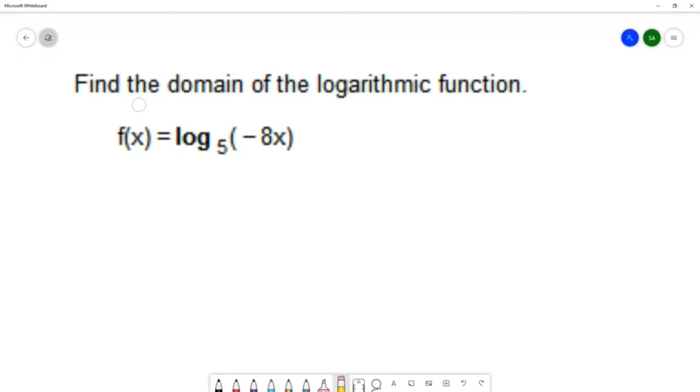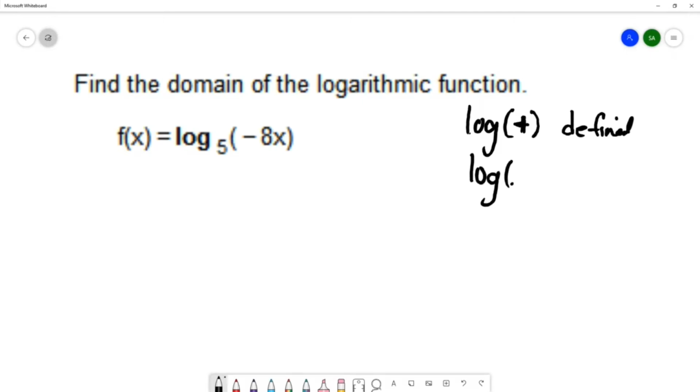For this question, we want to find the domain of the logarithmic function f of x equals log base 5 of negative 8x. So when we're looking for the domain of a logarithmic function, we need to know when a log function is defined. A log function, log of something, will only be defined if what's inside the log is positive. So this is defined,